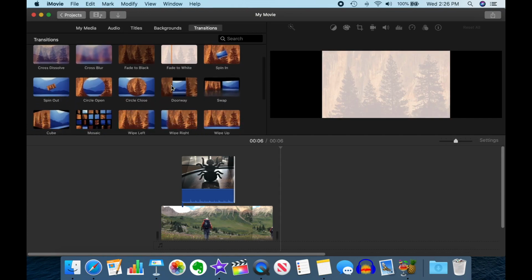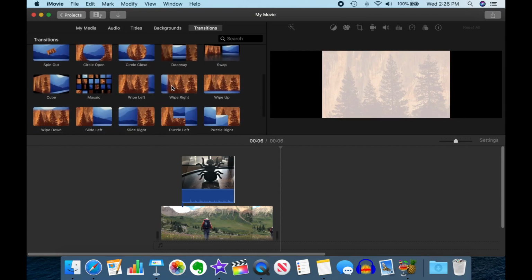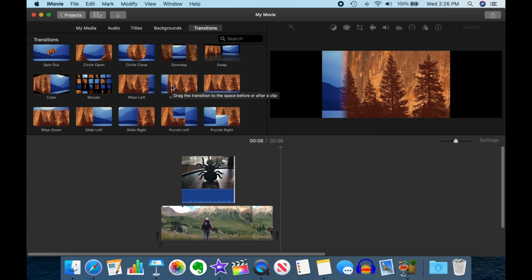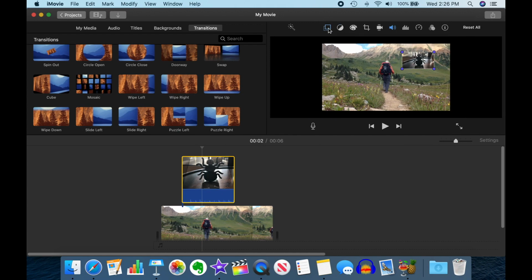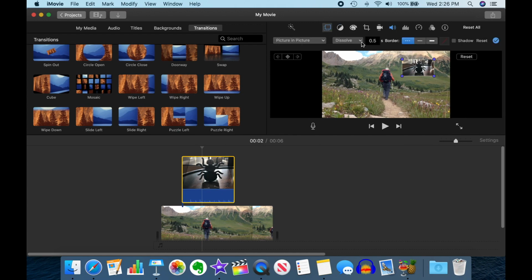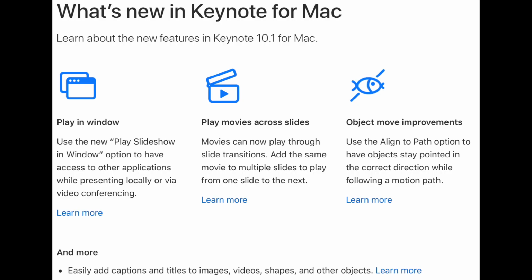iMovie just has a stock set of transitions. There's no possibility for plugins. And if you're looking at doing picture-in-picture transitions, there's really only 3 of them to choose from: dissolve, zoom, and swap. Keynote 10.1 fixed a flaw that prevented animating video clips and added a feature for videos to play across